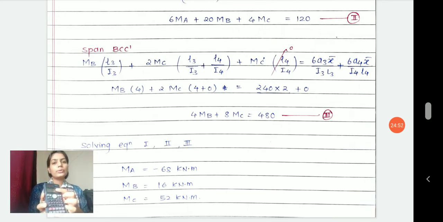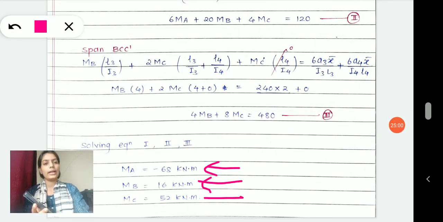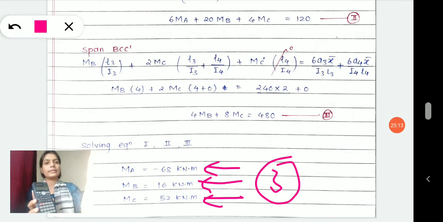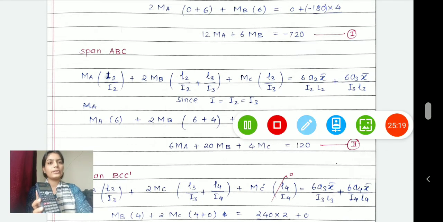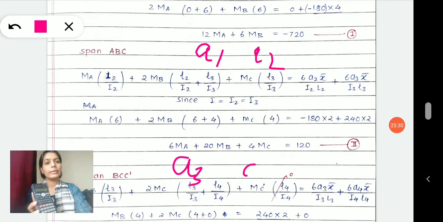Now it will ask you 2 unknowns or 3 unknowns. So how many unknowns are here? 1, 2 and 3. Three unknowns are here, so you should select 3 from here by pressing the 3 button. Now what is A1? That is what it will ask. From the three equations, this will be my A1, this will be my A2, this will be my A3, and this will be my constant.